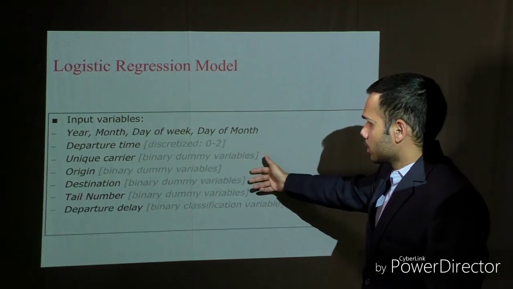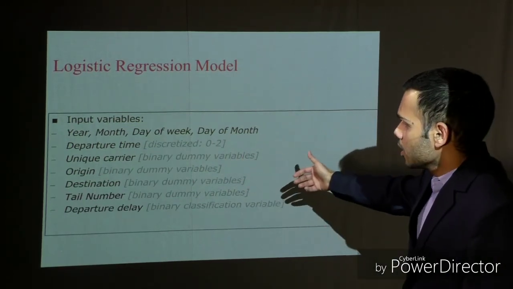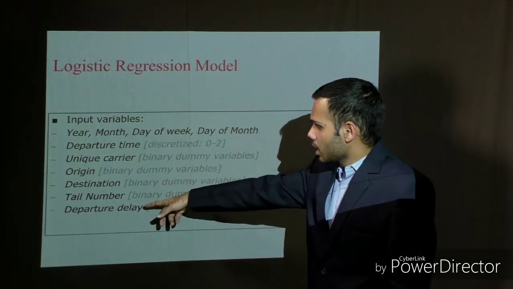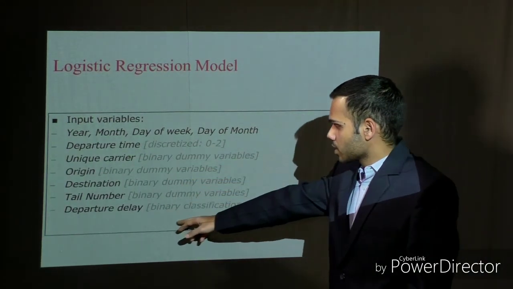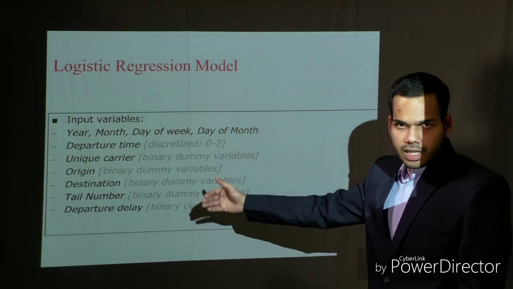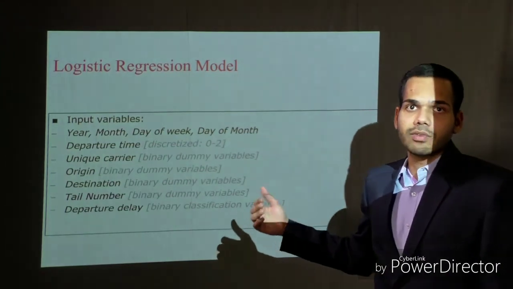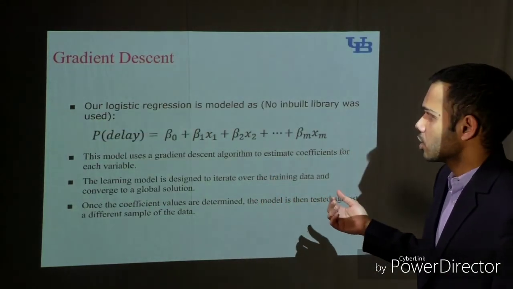And since my colleague told you that the data was not in proper format, we did some encoding for these features, and binary dummy variables were assigned to this. And also for the classification variable, the delay, which is in terms of time, we converted into zero and one format, such that if delay is greater than 5 minutes, it will be 1, and if it is less than 5 minutes, there is no delay, which is 0.